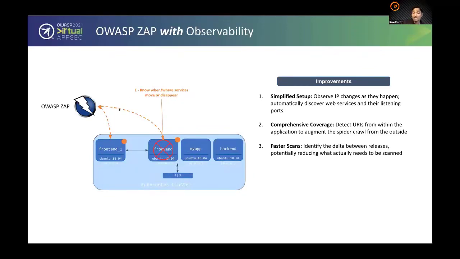You can even use it to scan internal services, not just the ones that are exposed outside of your network, or the externally exposed endpoints that are typically scanned. You can even scan the internal endpoints and get some interesting insights there too. Number 2 is